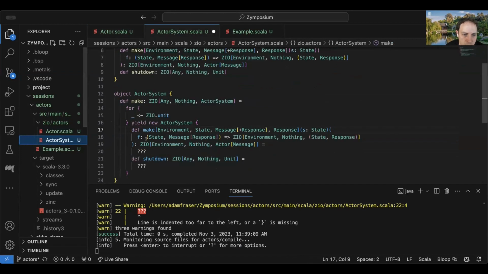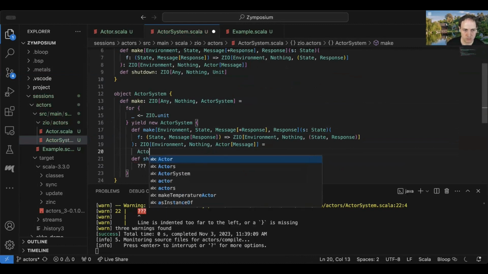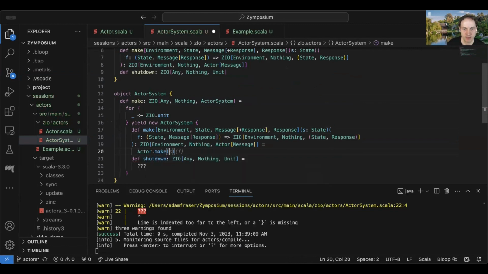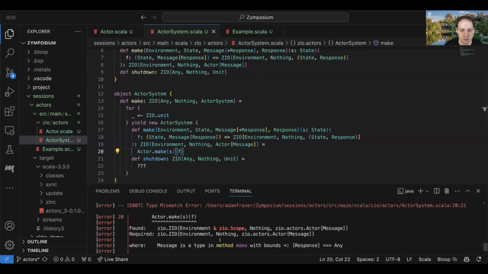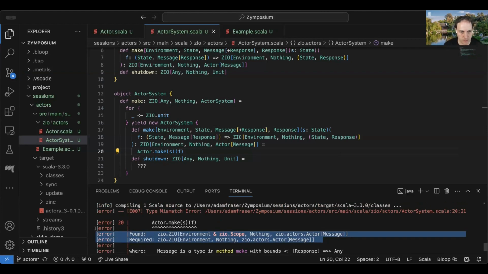So an easy thing we could do, super lazy, I could just do actor.make SF. Now that doesn't quite work. And we can see why from this error message here.